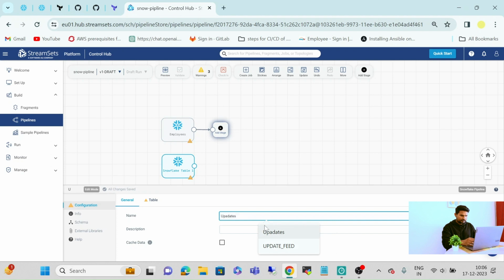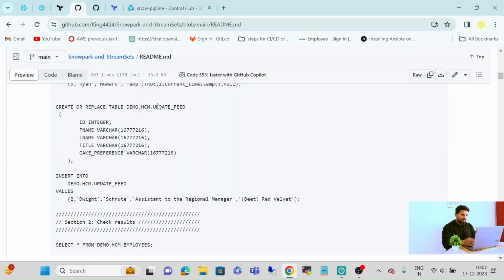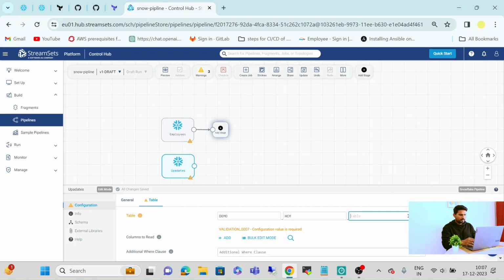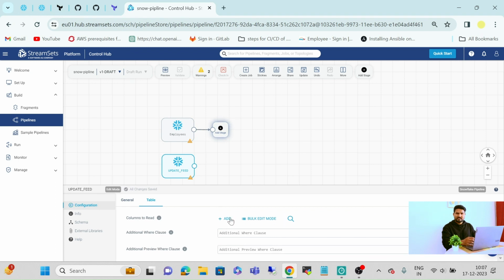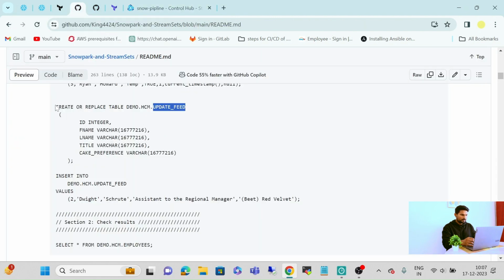updates, and in the table section configure your table. Demo schema is SCM and the table name is, simply copy it from here, update underscore feed. Okay, it automatically saved all the changes. So save the script